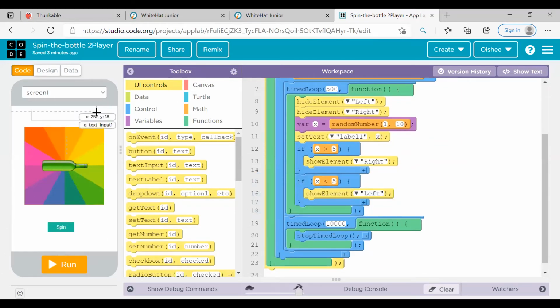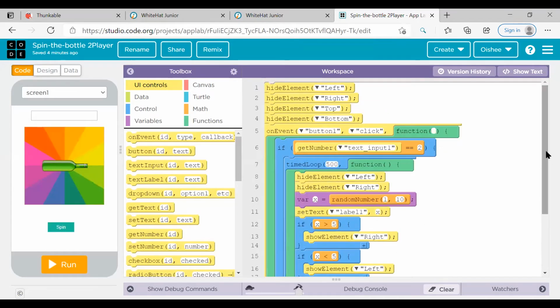Now, if one doesn't have a bottle in front of him or her, but has a friend who wants to play the spin the bottle game or the truth or dare game, then he or she may sit with his or her mobile phone or laptop screen and start this game, and the bottle will start to spin. No bottle required, nothing is required, just devices required. That's it. And it took only 23 lines of coding.